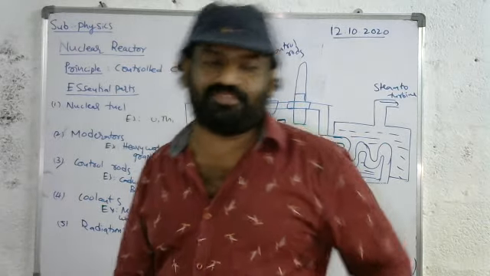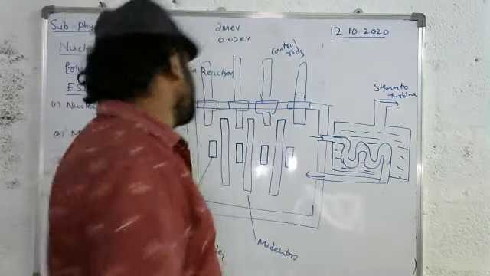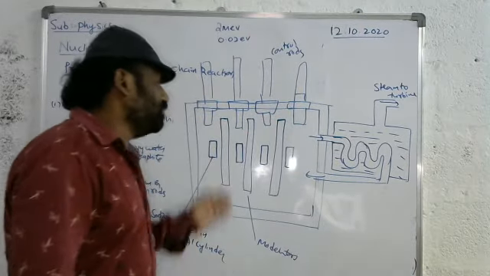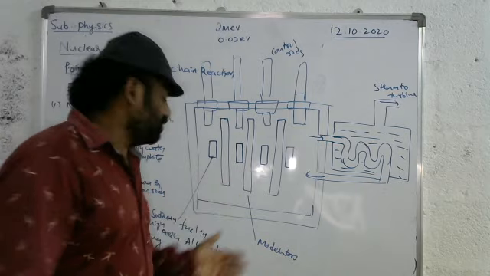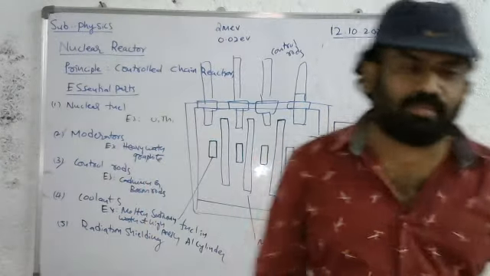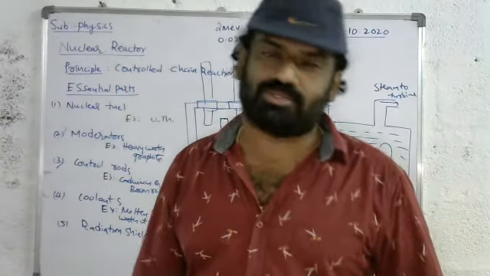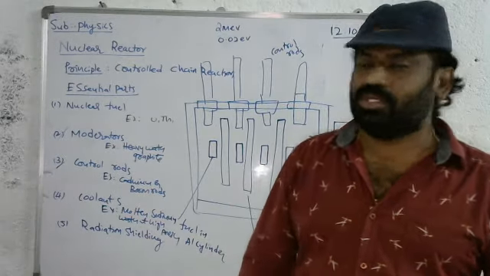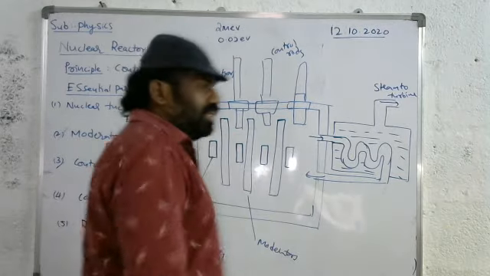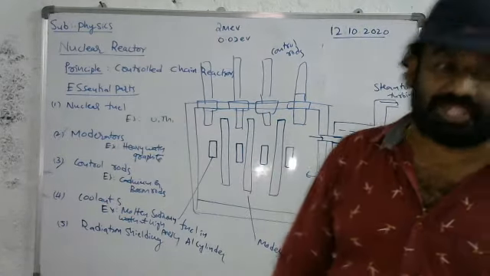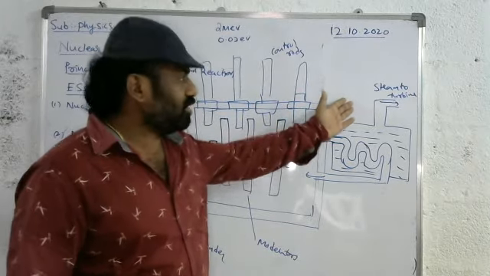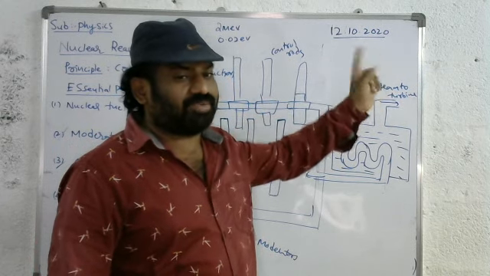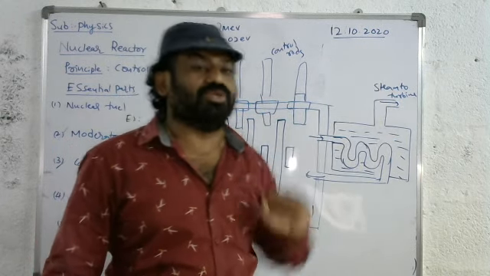Next one is the coolants. Coolant, as the name itself says, is the substance which cools. When the nuclear chain reaction starts, more heat is dissipated. To cool the nuclear reactor, we are using molten sodium. What is meant by molten sodium? Liquefied sodium is called molten sodium, which is used as a coolant, and water at high pressure is also used as a coolant. When these substances pass through the heating elements, they become heated and produce steam. This steam is used to rotate the turbines. Once the turbine is rotated, electricity is produced.